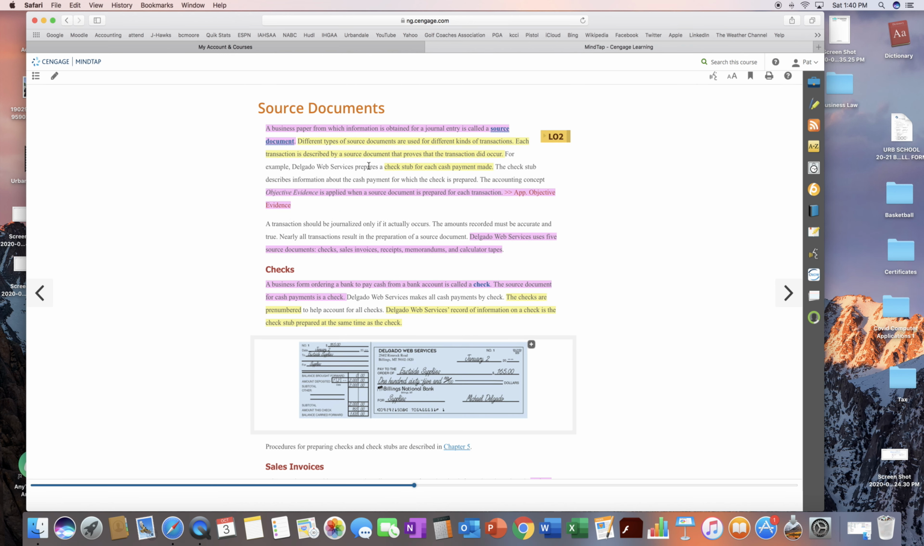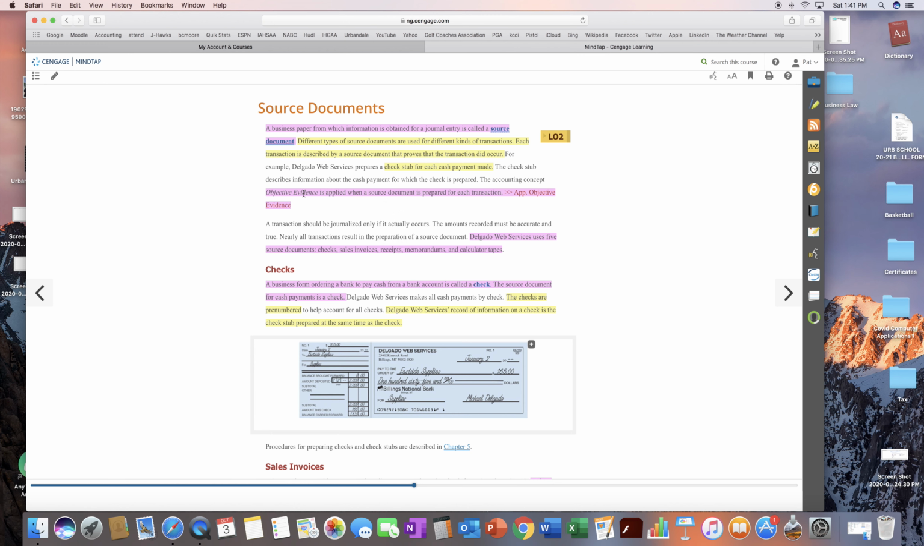Source documents are how we record and keep track of each one of our transactions, and we verify each with a source document. It's a piece of paper from which we record the journal entry. Each one will have a source document. There are different types of source documents. We use the accounting